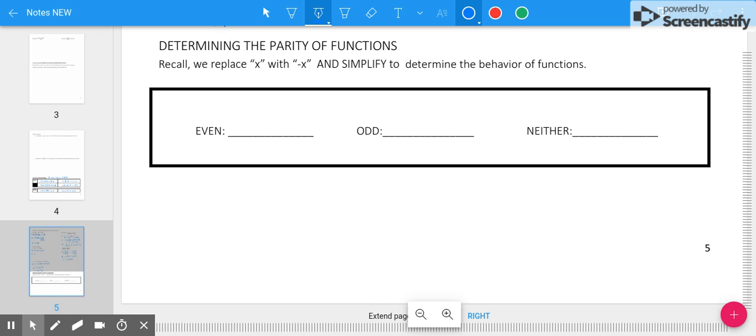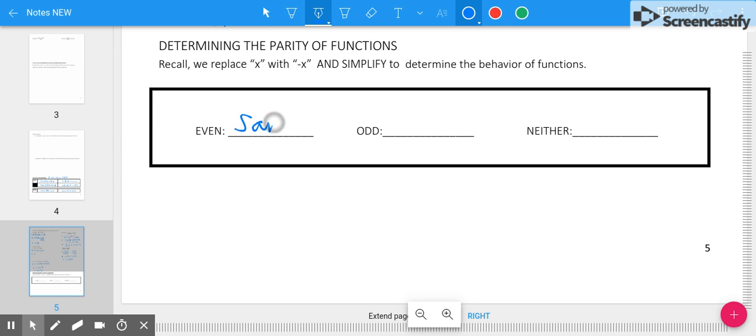The second part of our lesson today, we'll be talking about determining the parity of functions. And we learned about this way back in Unit 1 when we were looking at functions in general, and we were determining if they were even, odd, or neither. So if you recall from way back when, if two functions are considered even, then what happens algebraically is we